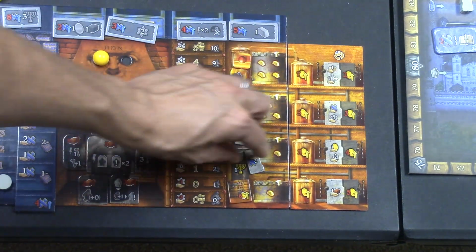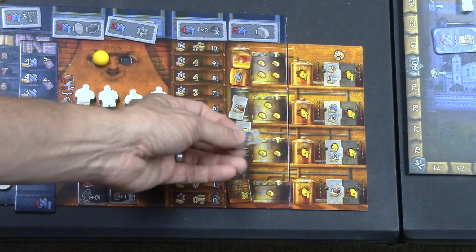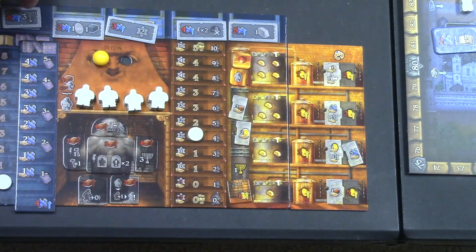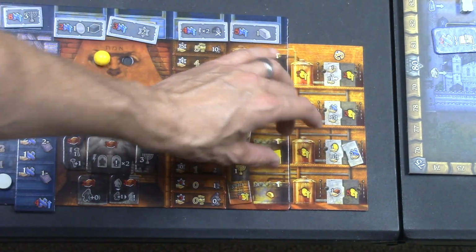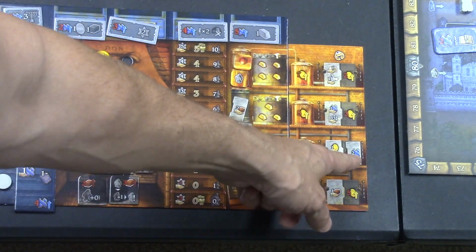Basically, this is 2 of any resource, or 1 of that resource and 1 victory point. So these are all similar in a way, but you'll put it with one that already has, I mean, this one would have to have gold there. And so now, next time this gets activated, which is the end of every round, you'll be getting an additional